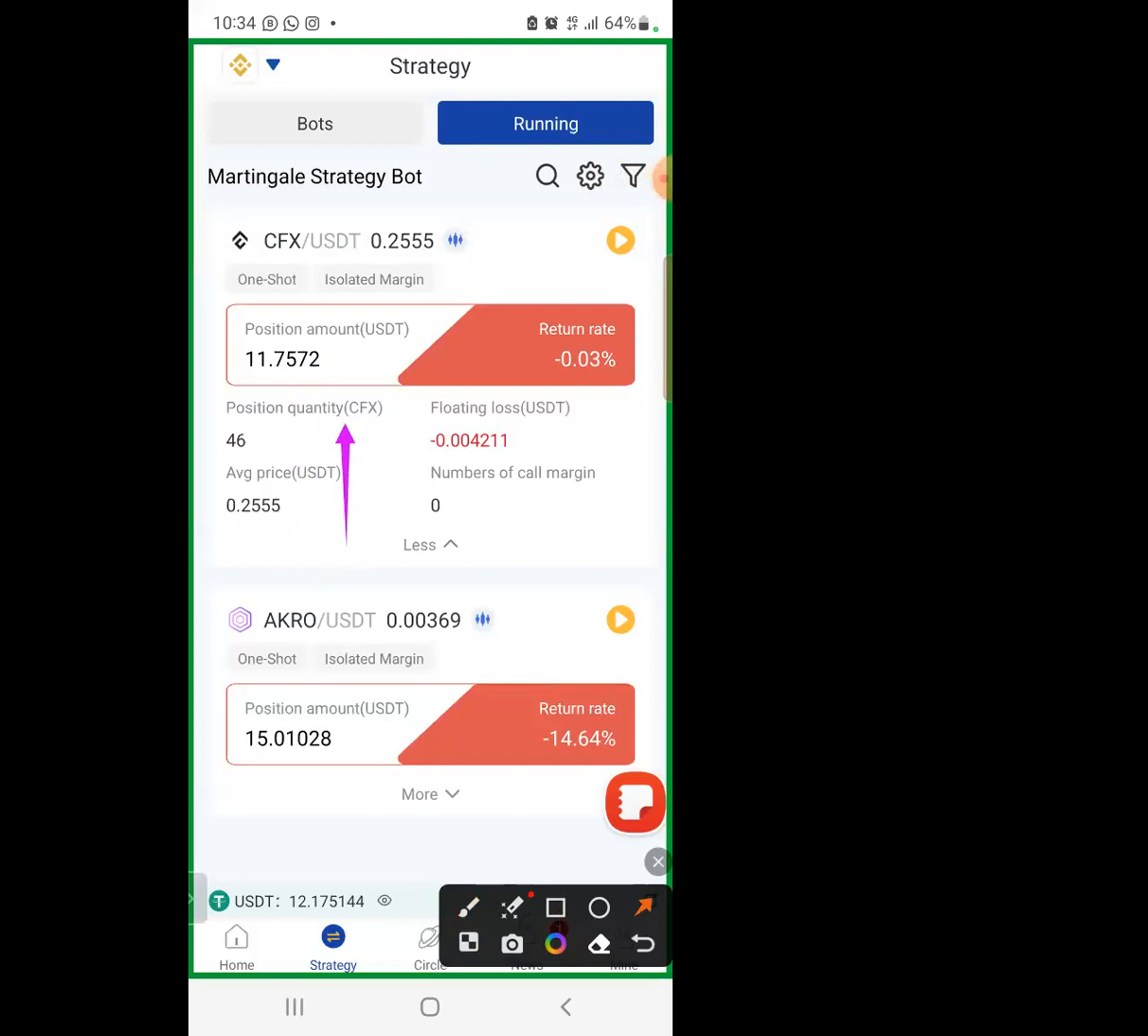It has bought 46 CFX coins. Then there is average price. The robot has bought this coin at a price of 0.2555. Then there is what we call the current price. The current price is the one here. It is the same, 0.2555. So when the current price goes above,